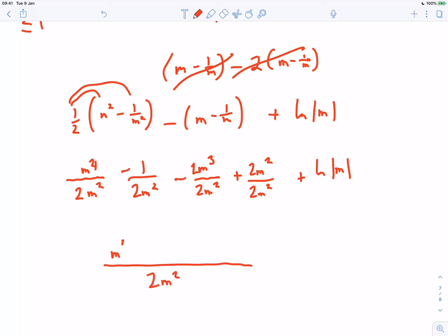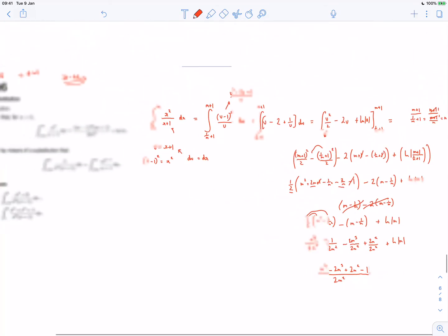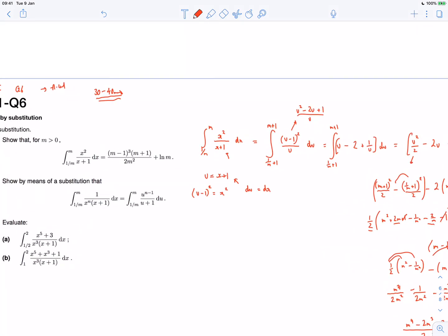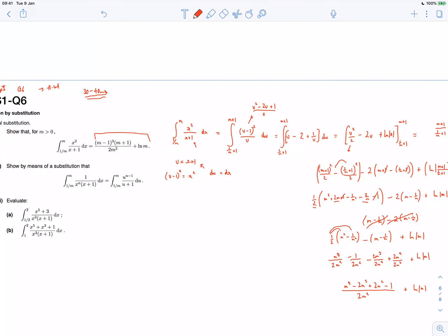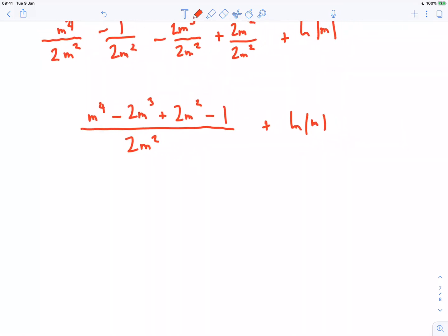And now I can make this one big fraction all over 2m squared. So I'm going to have m to the 4 minus 2m cubed plus 2m squared minus 1 plus ln of m. And now if I look at what I'm trying to get, that's nice because I've got the plus ln m bit, I've got a fraction over 2m squared. Now I have to factorise that top thing, and then using the factor theorem, it's pretty obvious that if m